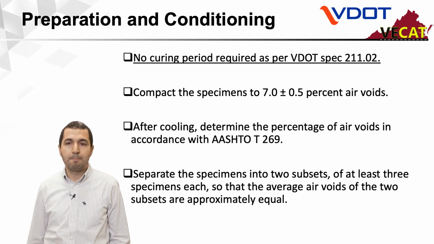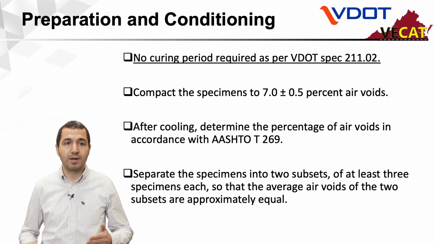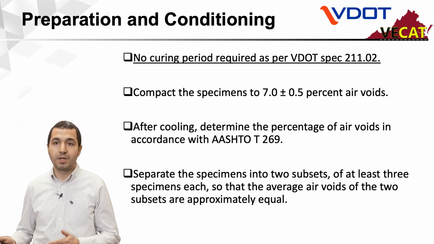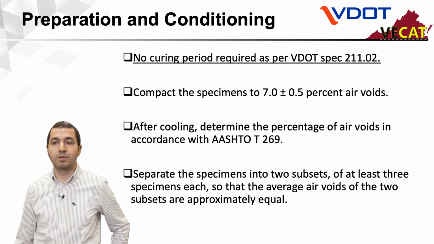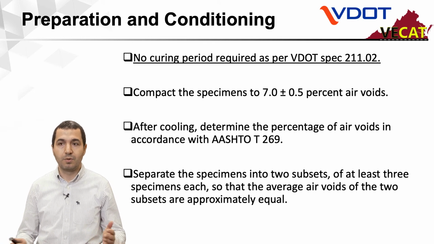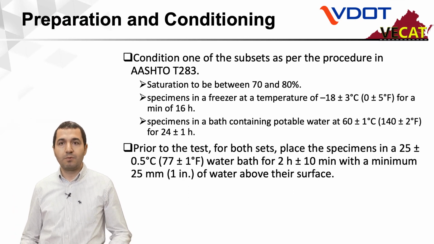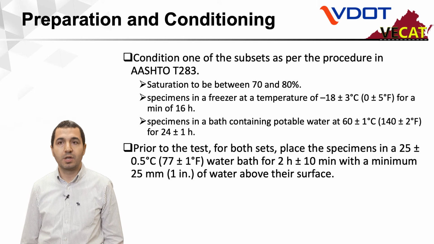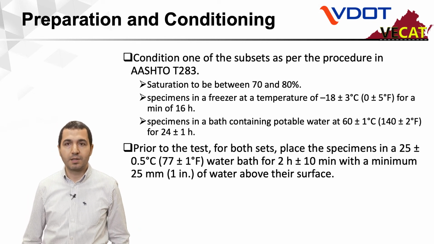After cooling, you need to determine the percent of air voids in your specimens following AASHTO T269. And then once that's done, you have to separate the specimens into 2 subsets, 3 to be tested dry, 3 to be tested in wet condition. Of course, the air voids should be on average equal between each subset. And then one subset has to go through the conditioning process as indicated in AASHTO T283, and details are listed